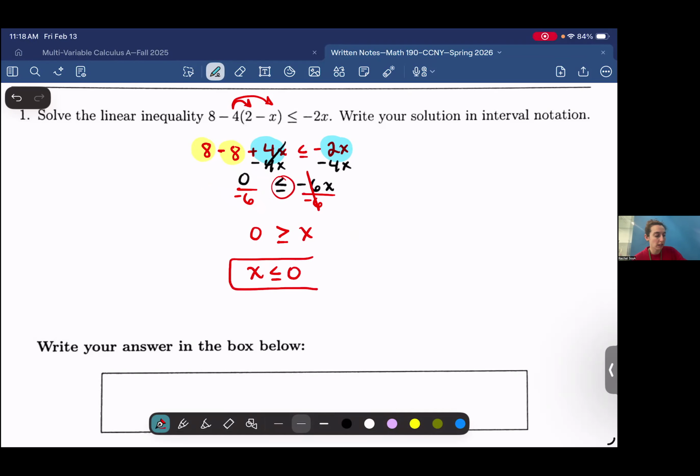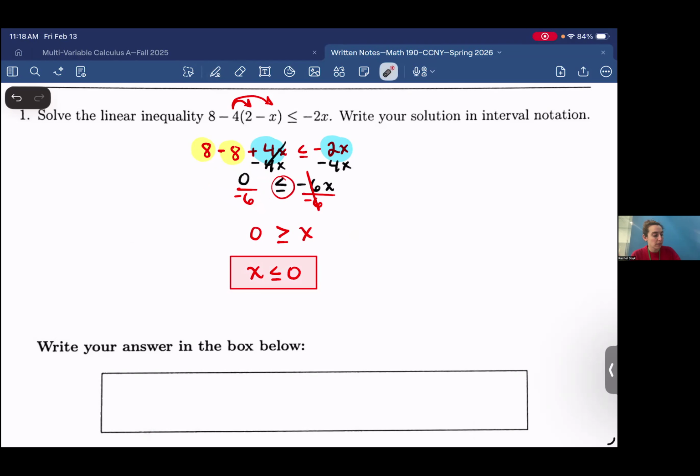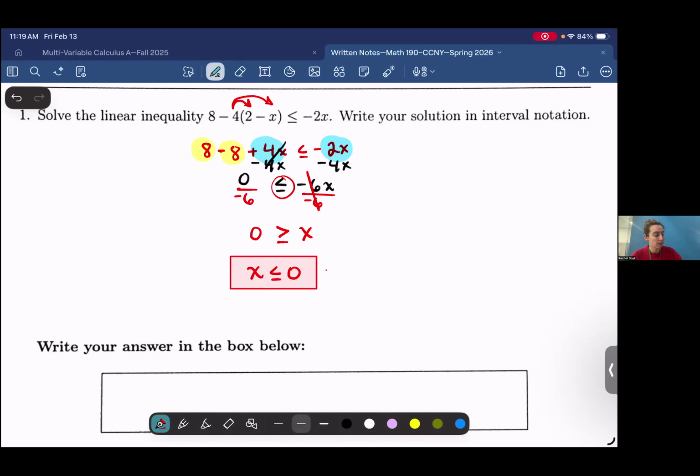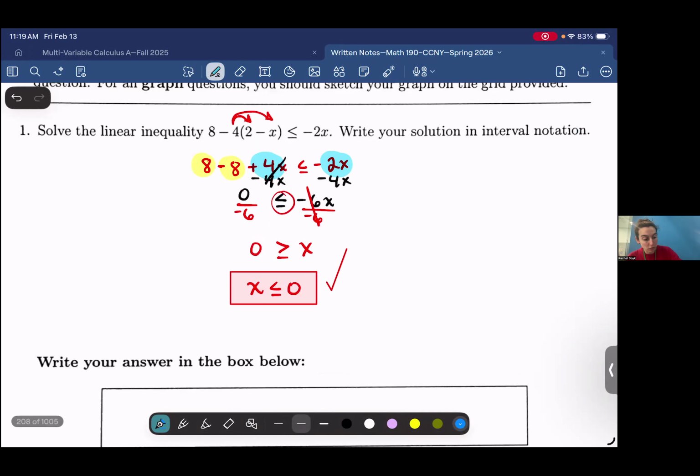How did I know to write it like that? Well, you write it based on which part of the inequality is closest to the x. The pointy part of the inequality is closest to x, so we keep that the same. And we're done. Now they do ask us, because it's important to read the instructions, to write our solution in